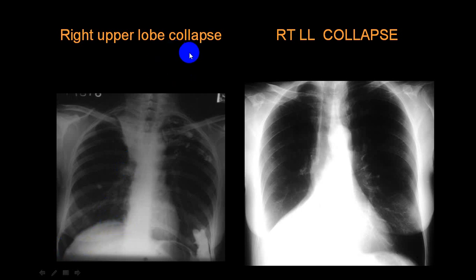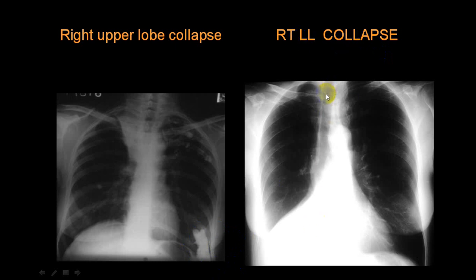So whenever there is a collapse, you will see the trachea is pulled towards that side. If it is in the upper lobe, hilum will be pulled up. If it is in the lower lobe, hilum will be pulled down. Trachea will always be pulled up. Diaphragm will always be pulled up. So diaphragm, hilum and trachea. Look at all the three things. Here trachea is towards this side, hilum is pulled up, diaphragm is also pulled up. So this is that particular thing. And if you look here, this is a little amount of thickening of the pleura, right?